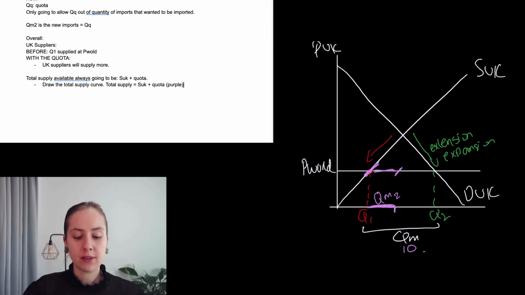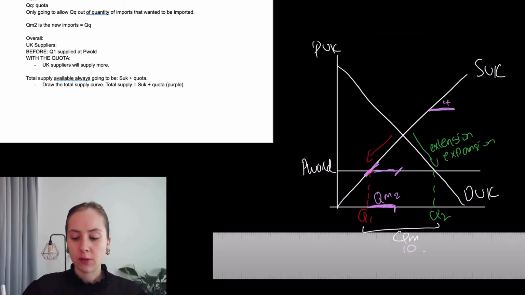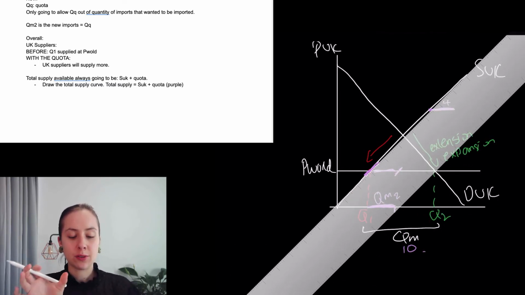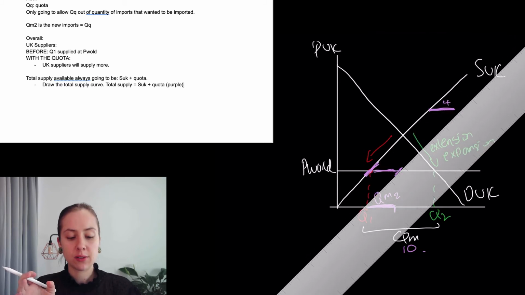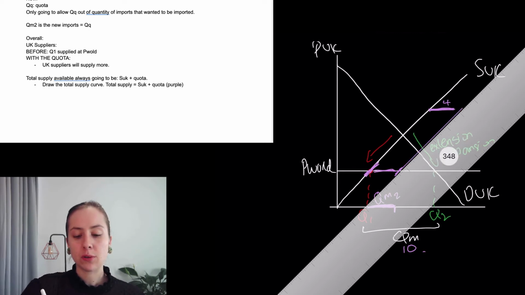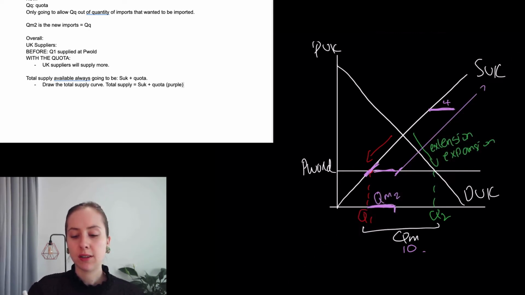And the quota is the same, however much the UK supplies. So the quota is still this full distance wherever you are. So really, for this UK supply curve, we're going to add on the quota at every point along this. And that's going to be how much can be imported into the country plus what the UK supplies. So this is the total supply available in the country. This is S2. Because there's more supply available,